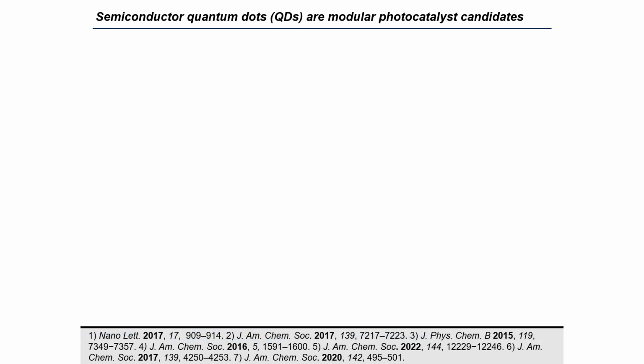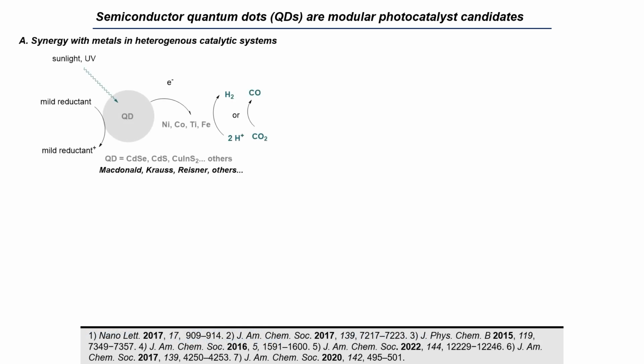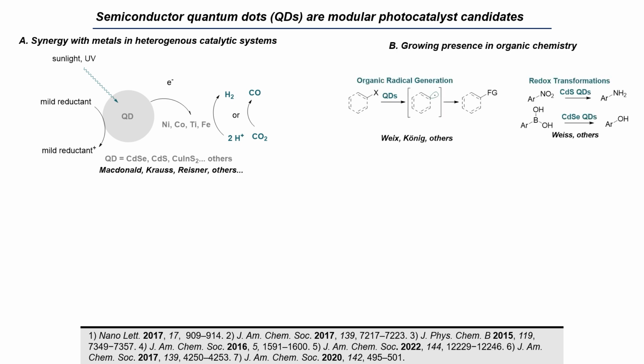Quantum dots have been used with metals in heterogeneous catalytic systems, so several groups have explored quantum dots as photocatalysts that can turn over specific metals such as nickel, cobalt, titanium, iron, and others to achieve efficient hydrogen production or carbon dioxide reduction. And additionally, they have seen a growing presence in organic chemistry in the last few years. Our group and other groups have explored them for organic radical generation, as well as a variety of other redox